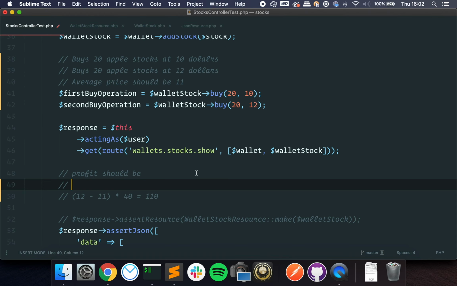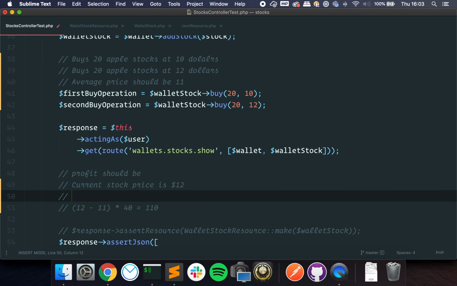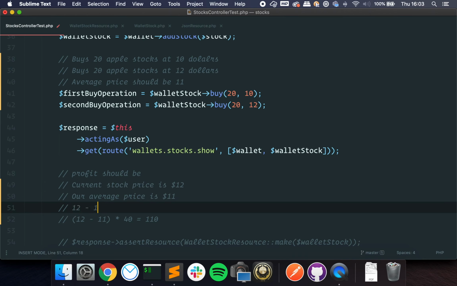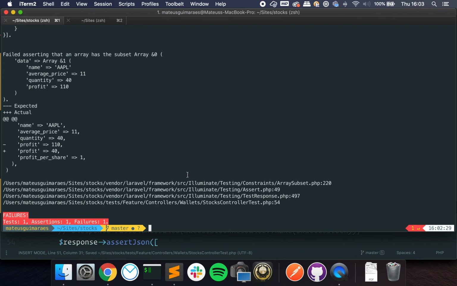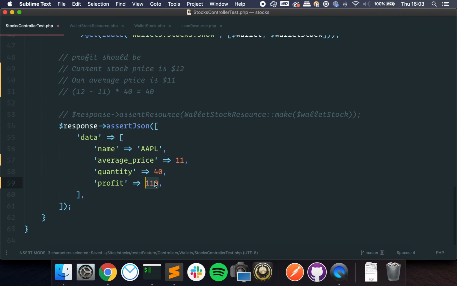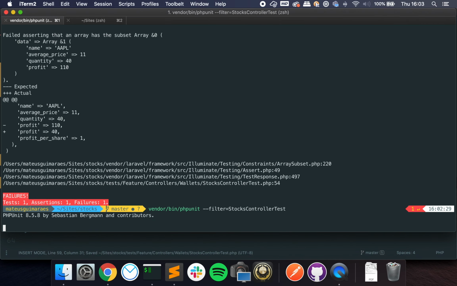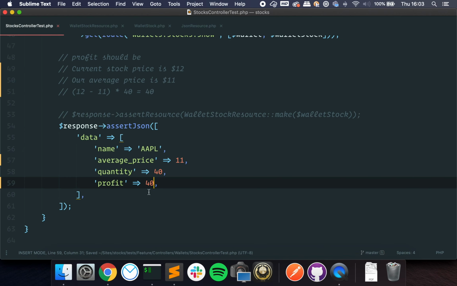So let me write this down. The current stock price is $12. Our average price is 11. 1 times 40 equals 40. So we are profiting $1 per share. Okay, it works, but